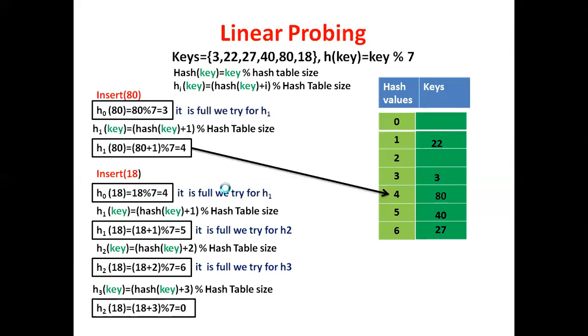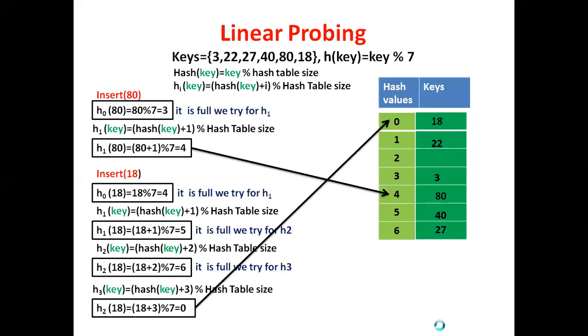So we are trying to insert 18 from 4. Initially, 18 is stored at 4, but the fourth bucket is full. Then we check the next bucket, that is the fifth bucket. That is also full. Again, we check the next bucket, the sixth bucket. That is also full. Again, we check the next bucket, but there is no next bucket. So we wrap around the table, which means we start from 0. The 0th bucket is empty. That's why the remainder of 21 modulus 7 is 0. At bucket 0, we can insert our 18. So this is the way we can solve the problem by using linear probing.